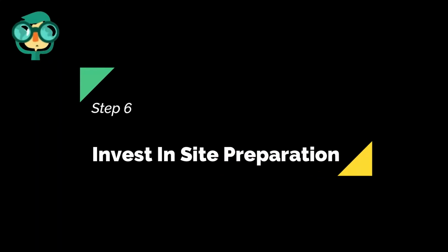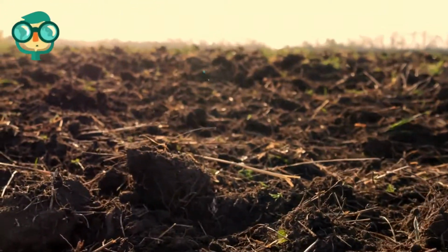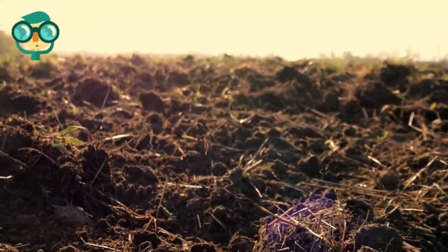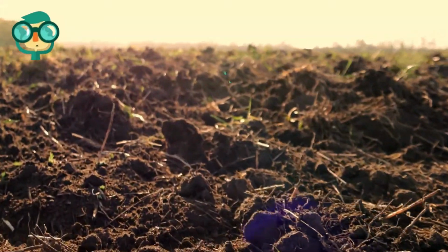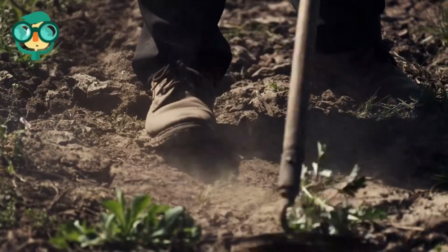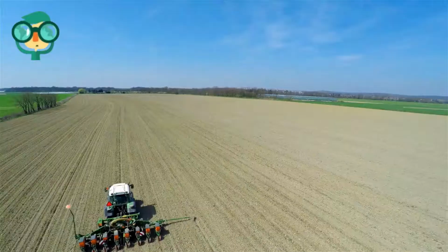The sixth step is invest in site preparation. Once you have the site, it is time to prepare it for planting. Whether it is a forest, abandoned field, or pasture, each land requires a different operation to make it ready for tree establishment. Depending upon the land and its condition, site preparation may involve raking roots, disking, chisel plowing, strip tilling,